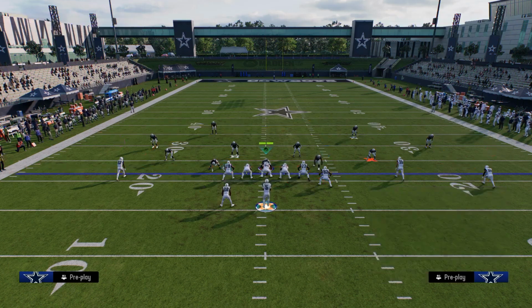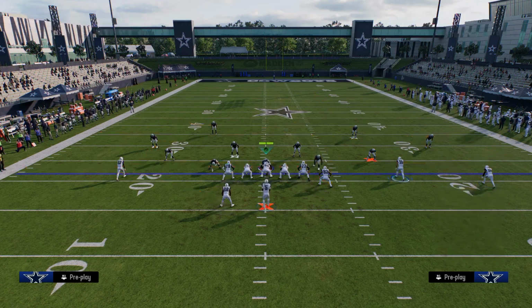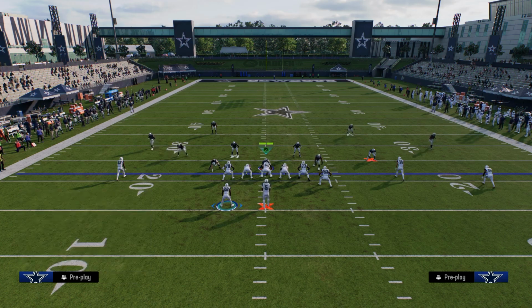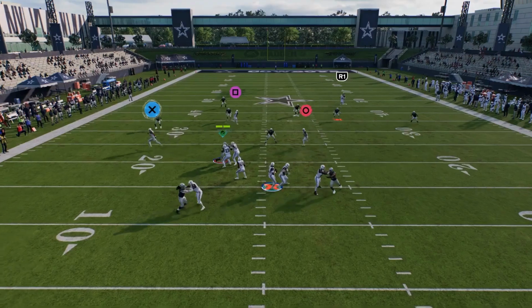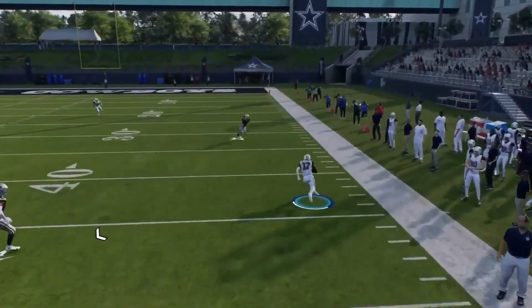Another good variation of this that we didn't go into is double drags. And the reason I like this is because you get a seam streak on the right. So again, let's say hypothetically that they're playing that kind of Tampa 2 coverage. I think these seam streaks are really, really valuable for clear outs, and you just see how it clears